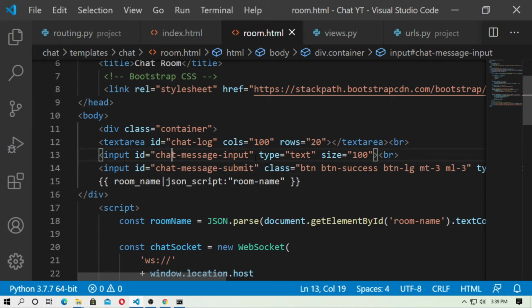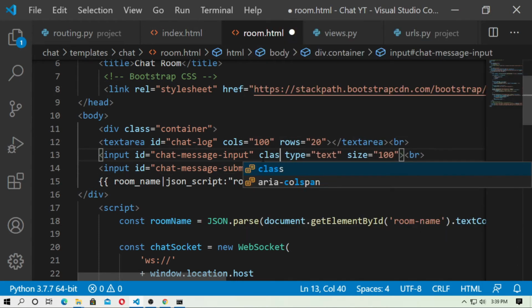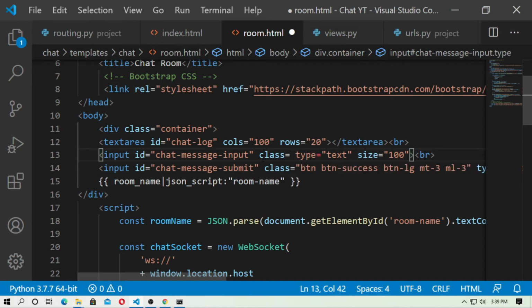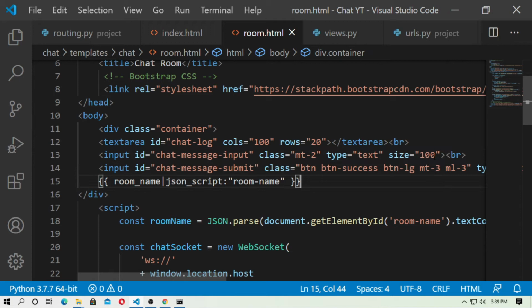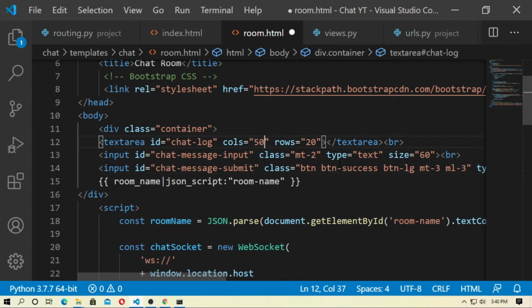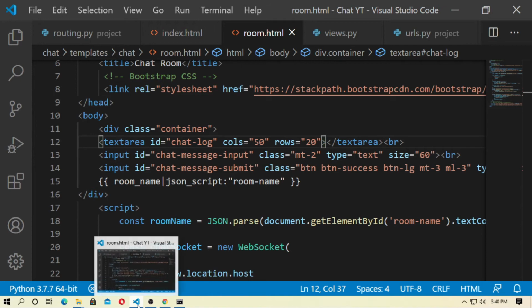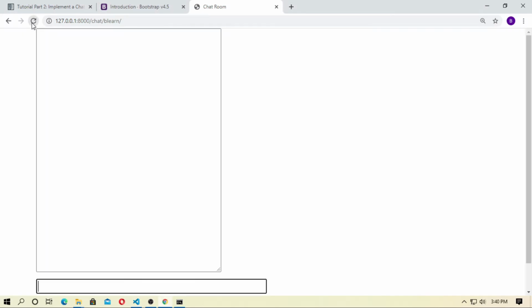Here add a class, the class name is mt-2. And decrease the size to 60, and here also decrease the columns to 50. Now go to the browser and refresh it.